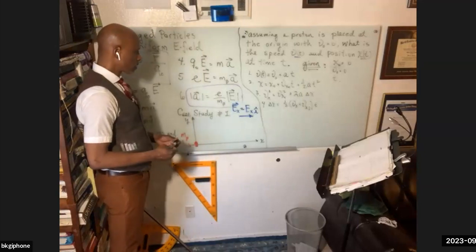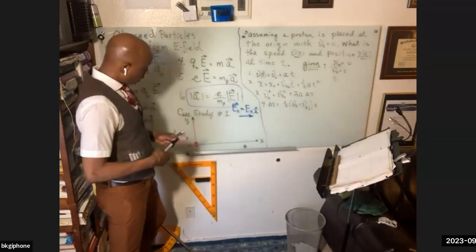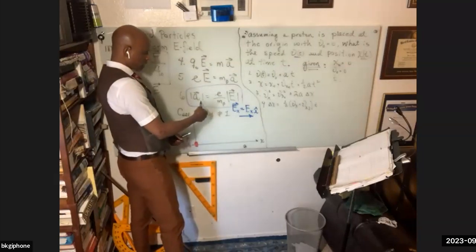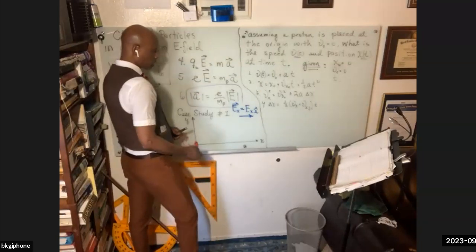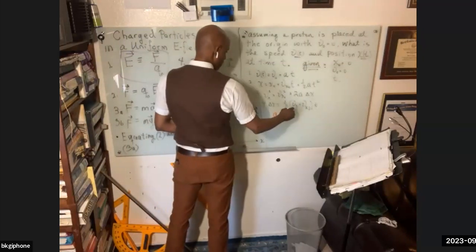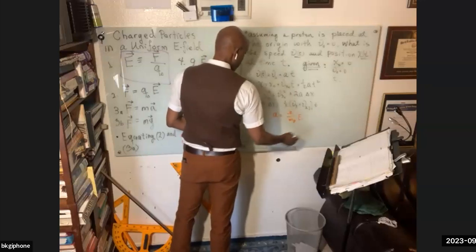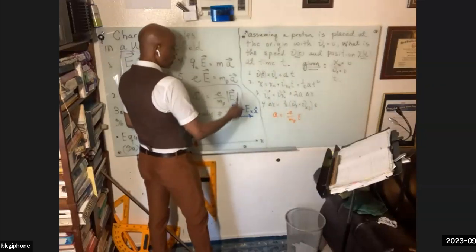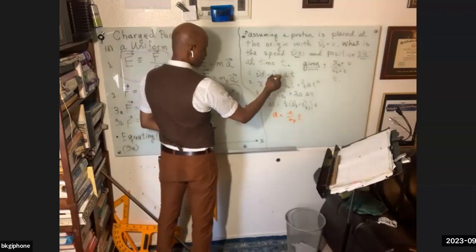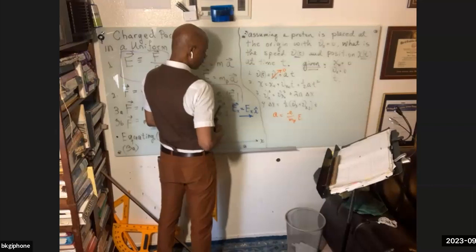So in order to get v of t and x of t, it's pretty much a plug and chug, right? Particularly after we've already calculated the acceleration. From Newton's second law, we have that the acceleration is equal to e times capital E over mp. So if we go with the first equation here, the initial velocity is 0, and putting equation 5 into 1,